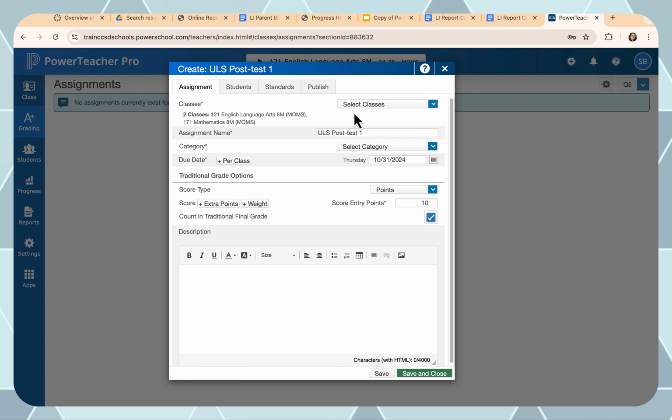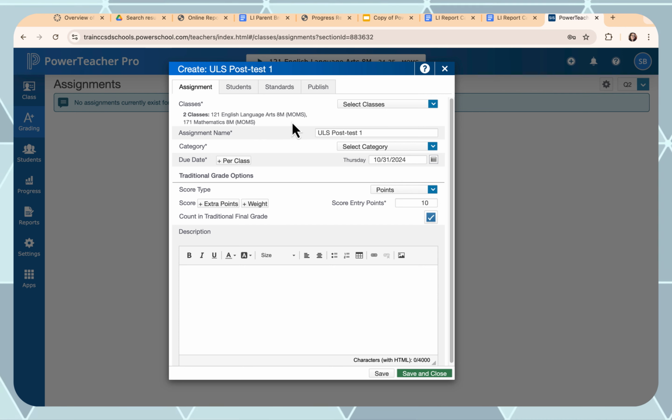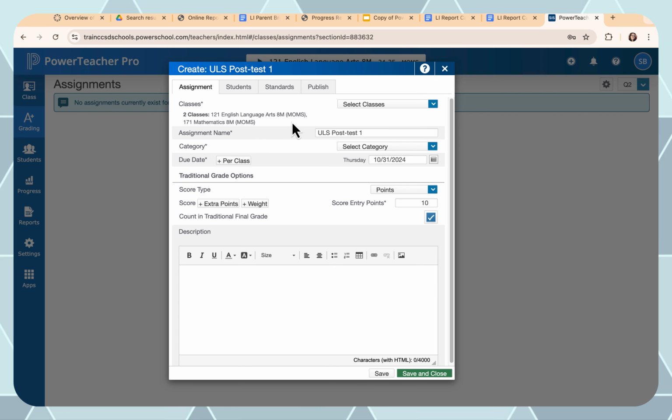It's up to you if you'd like to select them both, but remember, this is not making the same assignment in one class, but it's making 2 assignments, each with the same name, one for English Language Arts grades, one for Math grades. Once I have selected my classes and given this an assignment name, I'm then going to